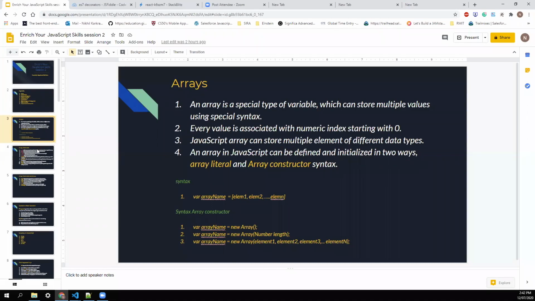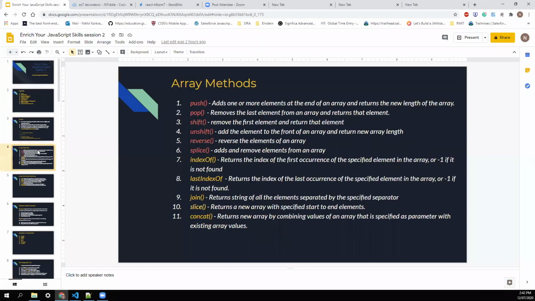So now let's move on to the array methods. There are many array methods, and I want to discuss briefly each of them, because in the exam you will get questions based either on the syntax or on the functionalities. So we'll go quickly through all of them. Okay, so the first array method is push. Push is a very common method in all programming languages that adds